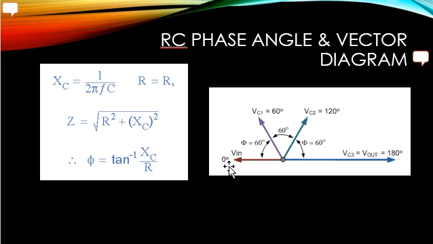the input is 0 degree. Once the input passes through the RC network, it is going to establish a 60 degree phase shift. Again, we are going to get a VC1 voltage. Again, it passes to the RC network and we get VC2, that is a 120 degree phase shift. Again, it passes to the RC network and we get a 180 degree phase shift. To get this 180 degree output, the R and C values should be equal, designed accordingly to get 180 degree as output.